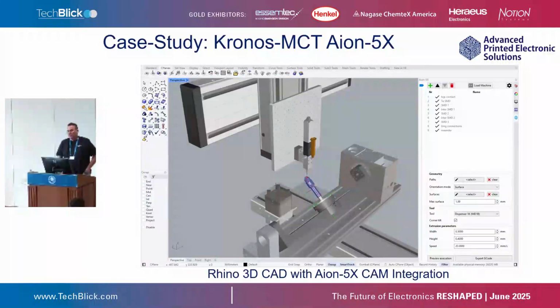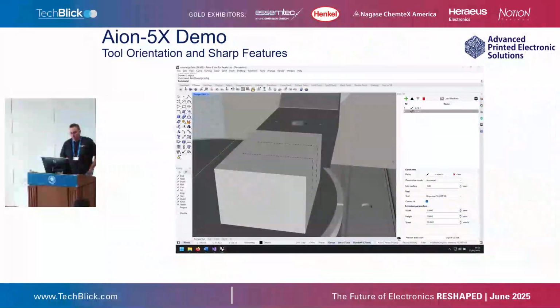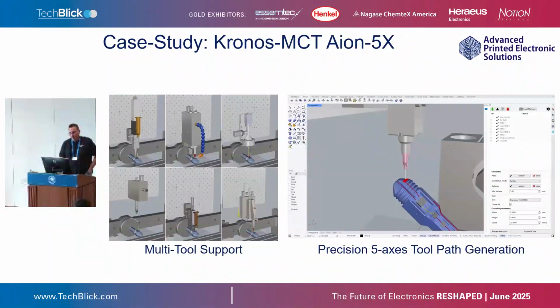Here's a quick look at the UX. For those familiar with Rhino, it'll be very familiar because it basically is Rhino. On the right side is the actual CAM plugin that will allow it to talk to the machines and generate the G-code and all the toolpath stuff that you need. It's fairly well integrated. This is showing one of their machine platforms. Did I miss one? Yes, sorry. Just to give you an idea, as you go into the UX, you